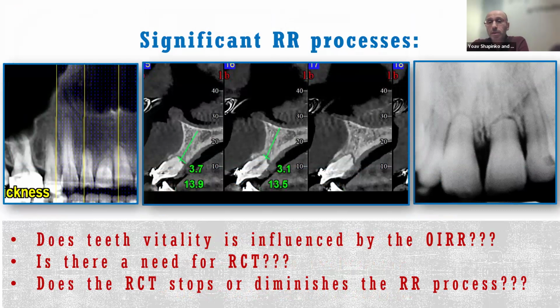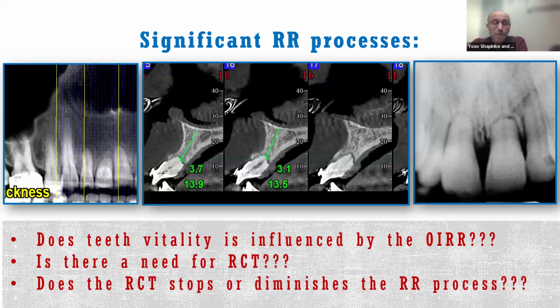Unfortunately, they happen sometimes, but in these specific cases, when the orthodontically induced resorption is very progressive and involves almost 50 or more than 50% of the root, we unfortunately have several additional side effects. So several questions may be raised in these specific cases. And one of the first and probably most important questions that are usually raised